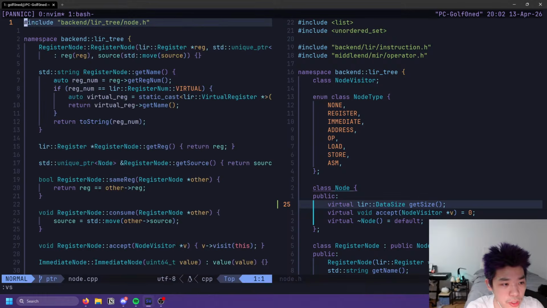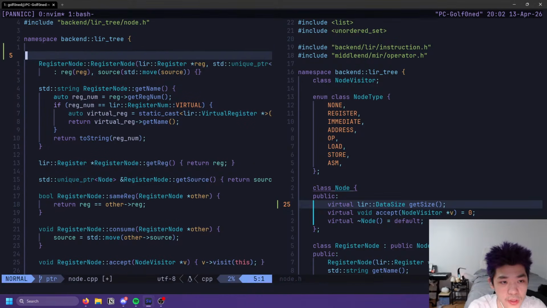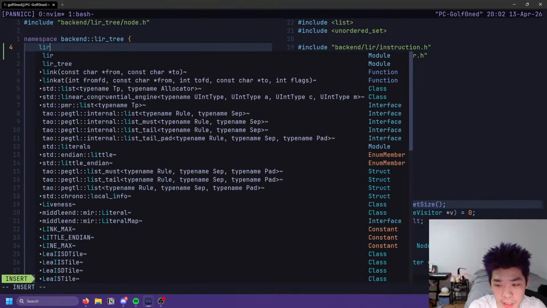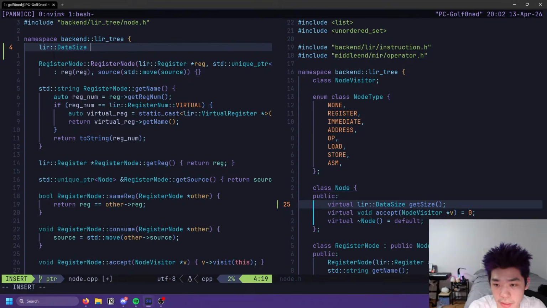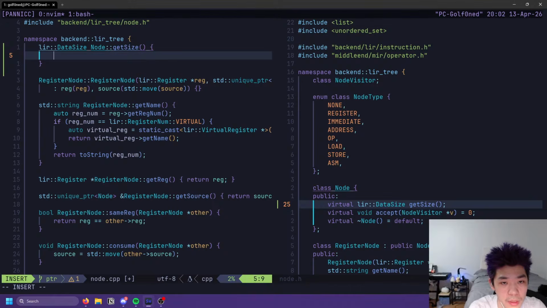Alright, surely that will work. Okay, let's try this out. So we can do LR data size, node, get size. Here we can just return. Let's give it like quad